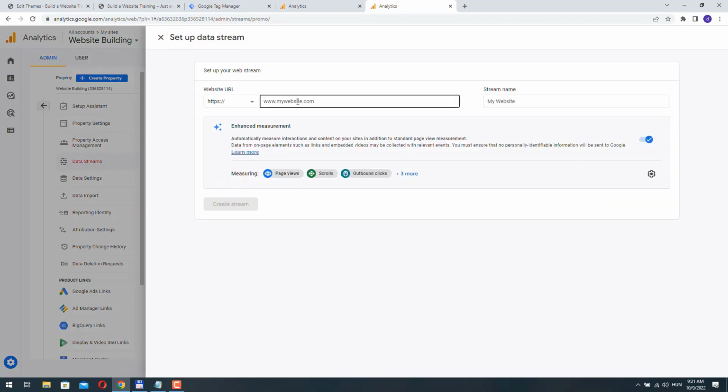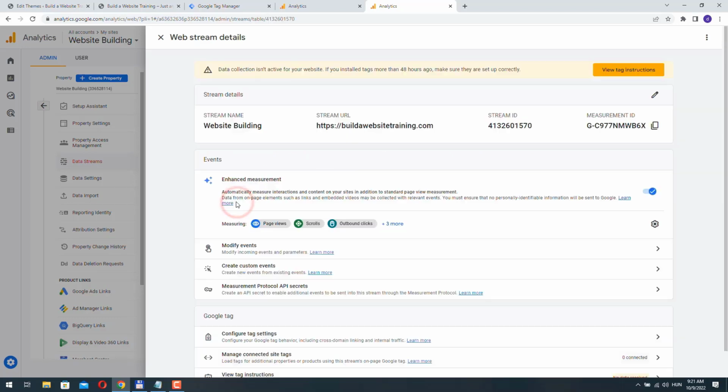Here we need to provide our website URL, then our website name, and we can leave everything with the default settings, and click Create Stream. And we have this warning that data collection isn't active for your website. If you installed tags more than 48 hours ago, make sure they are set up correctly. Okay, so let's just leave this page like this, and let's go back to our Google Tag Manager, because now